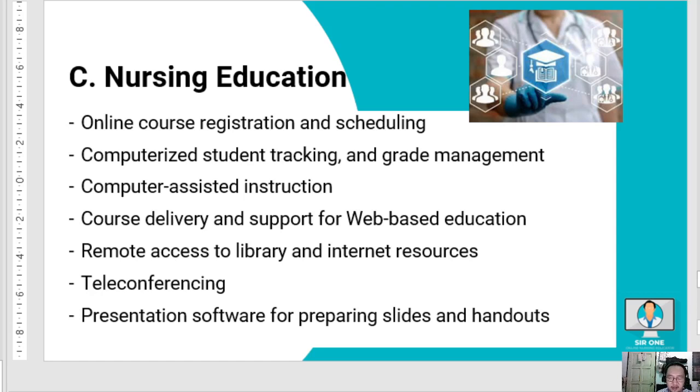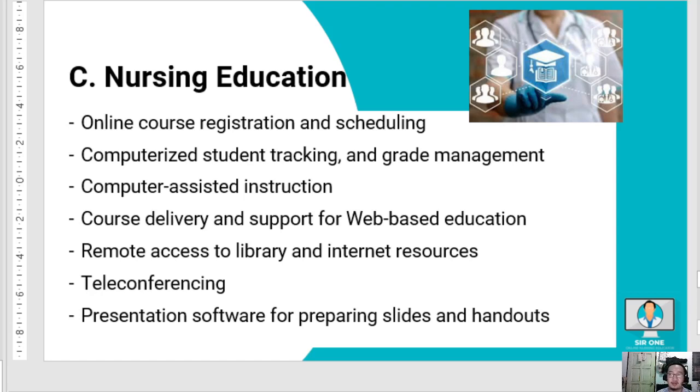Schools have their learning management systems and their databases, whether it's on your registrar or whoever holds the records in a certain school. So we have your online course registration, scheduling, computerized student tracking and grade management,